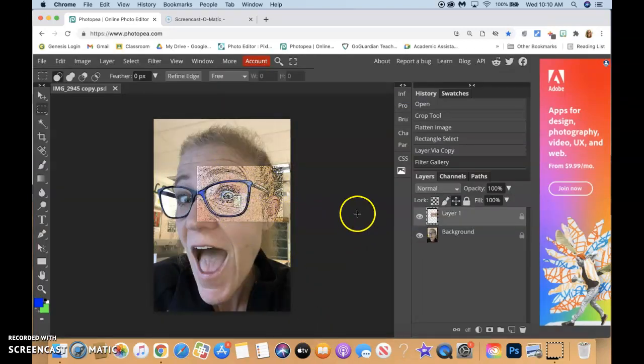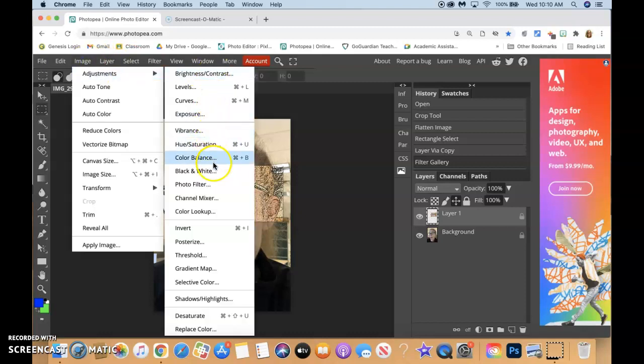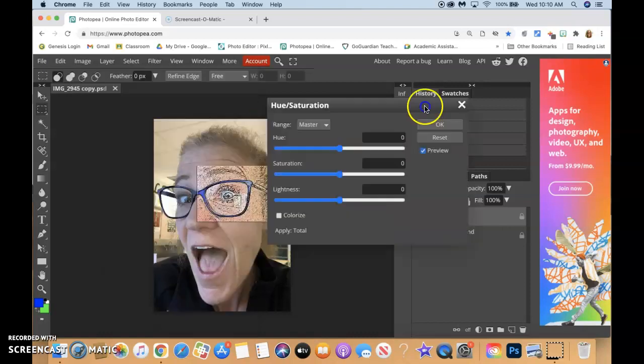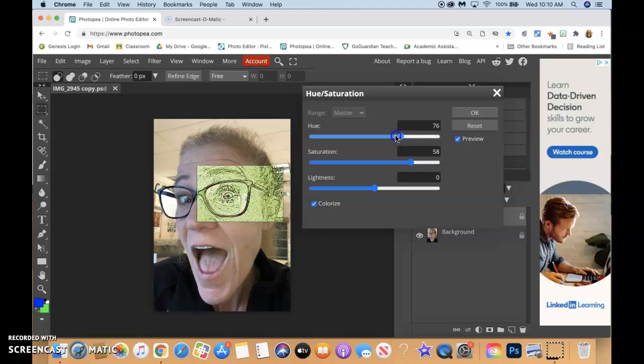If I wanted to change the color of my filter as well, I can also go to Adjustments and go to Hue Saturation. And if I hit Colorize and immediately move the saturation up, you can see that I can make this picture monochromatic if I wanted to, so that I can add that as well. So as I'm working,